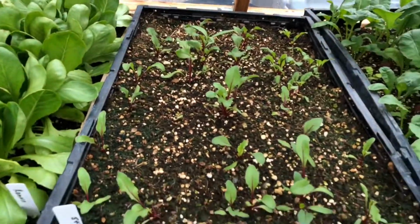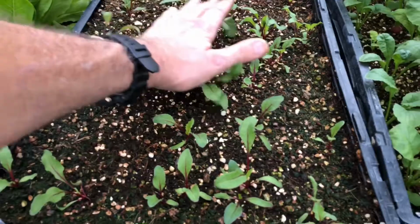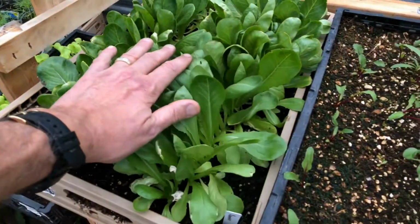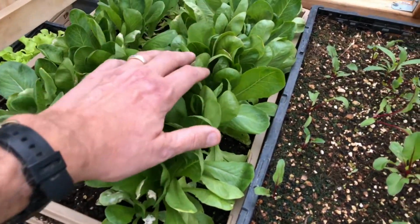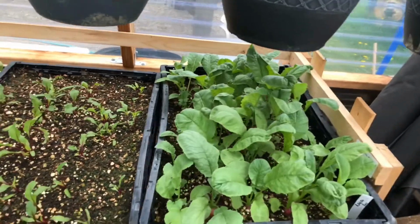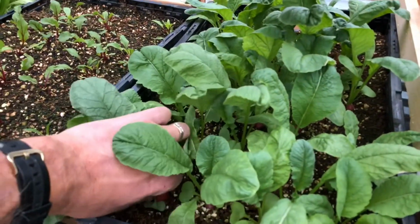The beets are coming along. Again, I'm not terribly impressed with this bed of beets. I thought they'd do a little better. But romaine lettuce coming up. I got a little bit of sunburn on some of those leaves too. I tried to water everything later in the evening so that the leaves could dry out, so I didn't have that problem. But we got